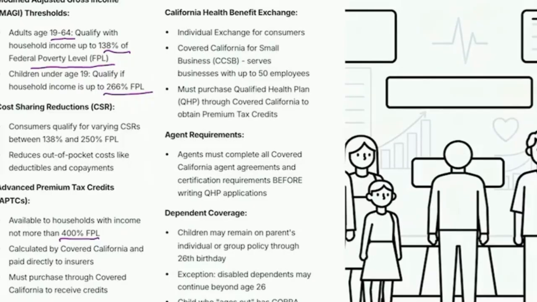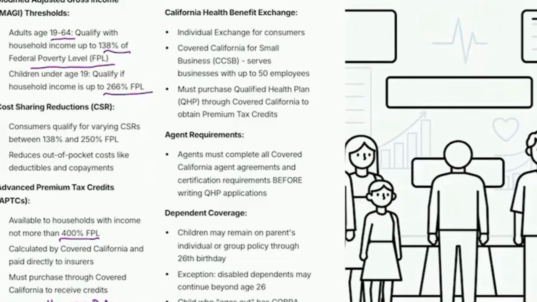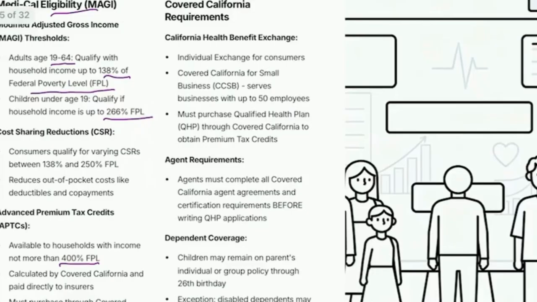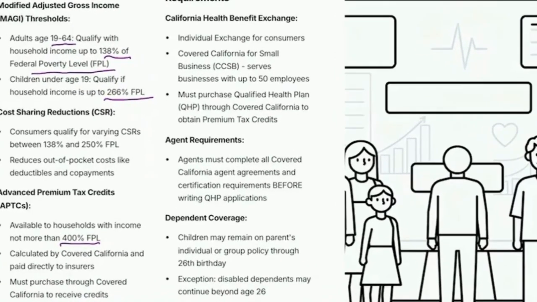So let's say somebody is looking up a policy and it is $1,000 a month, but once they type in income requirements, they don't make enough to afford this $1,000 a month. They type it all in, and depending on where they fall on the federal poverty level, let's say they get a $600 credit.